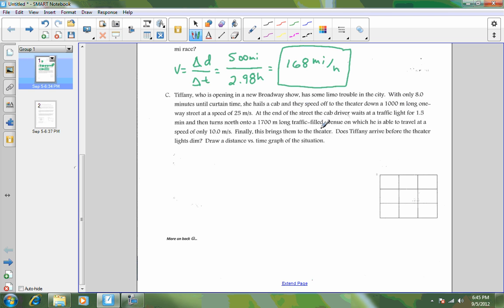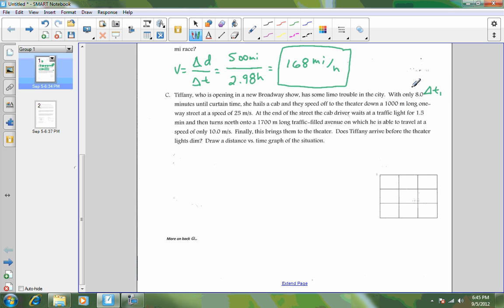Finally, this brings them to the theater. Does Tiffany arrive before the theater lights dim? Draw a distance versus time graph of this situation. Alright, so what we've got going on here is 3 time intervals. So we're going to have delta t number 1,